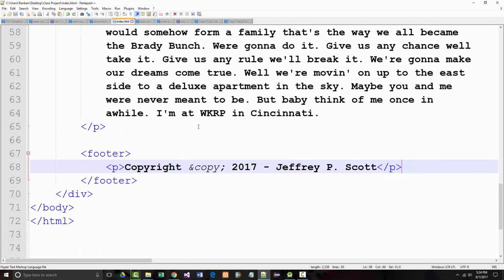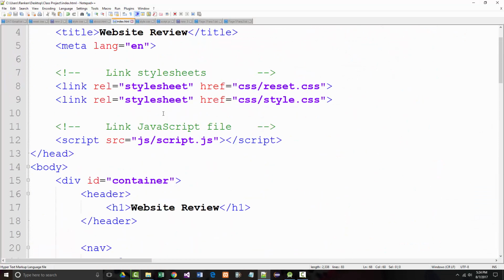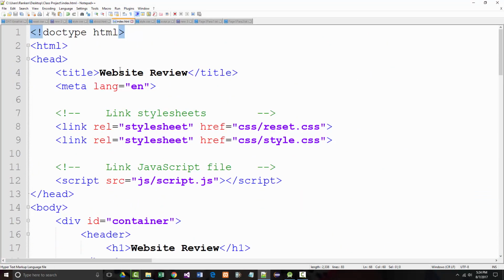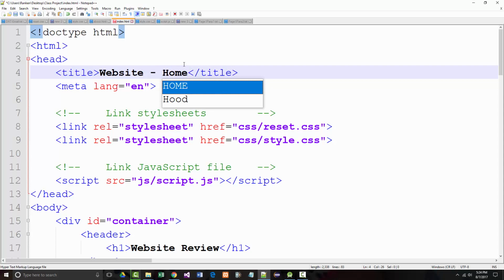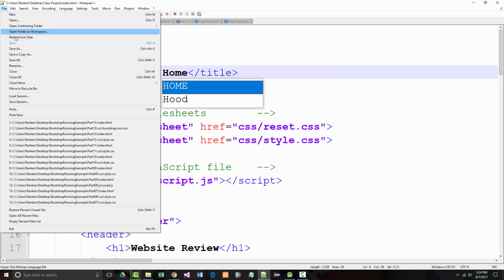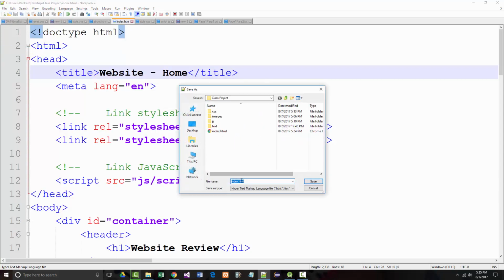I'm starting to build this review, which we have of a class website. And one thing I forgot to do on here was under the title, instead of website review, let's call this website home. Okay? Now I want to go and save this file. So I'm going to do a save as, and I'm going to save it as